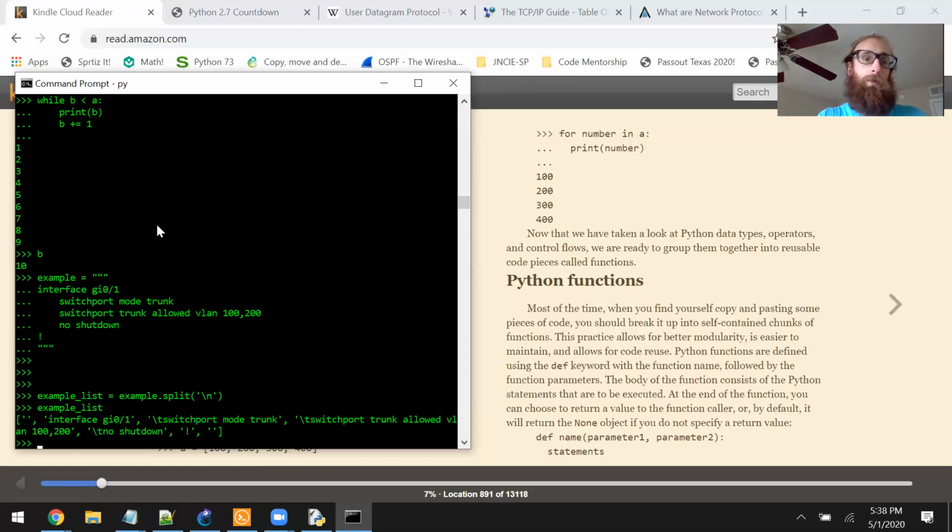It doesn't matter. I'm going to do it in a for loop. I'm going to say for statement in example list. And actually, I've got to do line number. So I'm kind of introducing a lot of things at once,